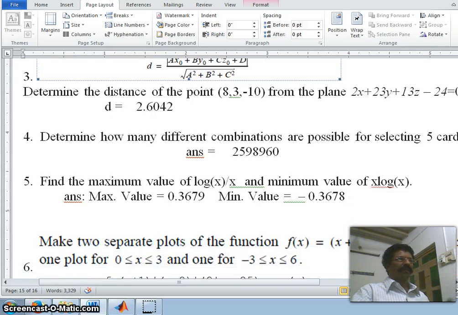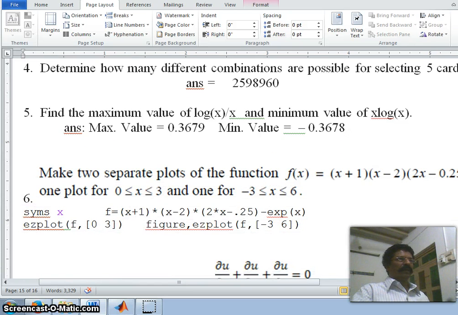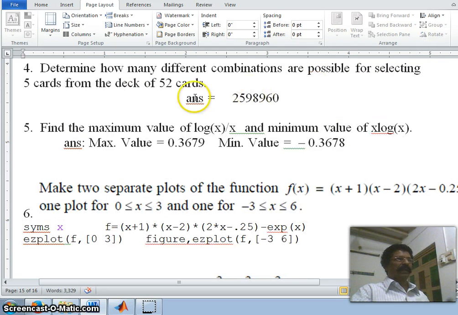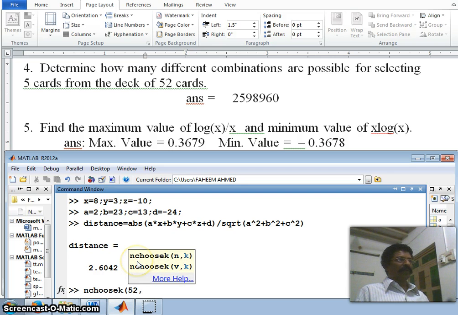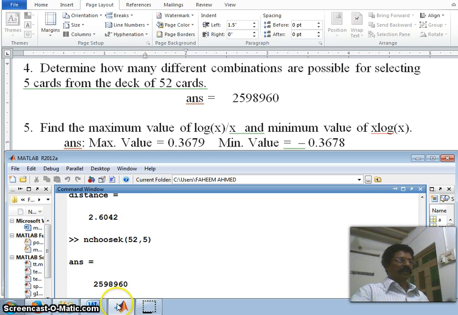Now question number 4. Determine how many different combinations are possible for selecting 5 cards from a deck of 52 cards. From 52 cards, we have to select 5 cards. Therefore, simply we can use the formula n choose k. How much is n? n is equal to 52. And from 52, how much are you selecting? You are selecting 5. Therefore, the answer is equal to